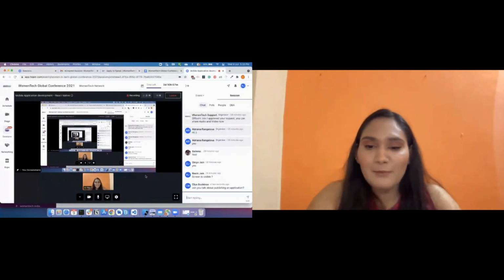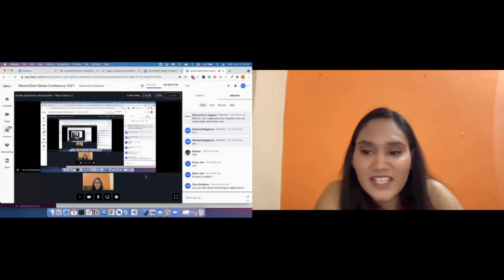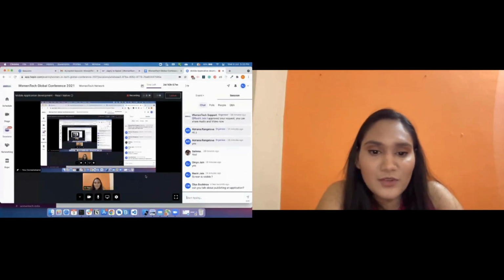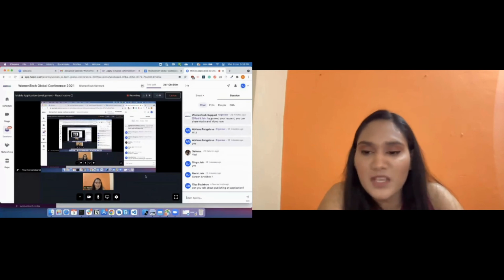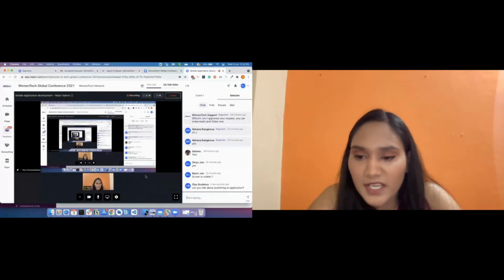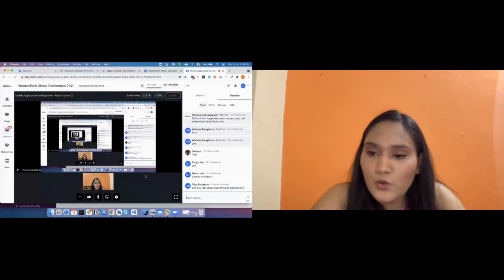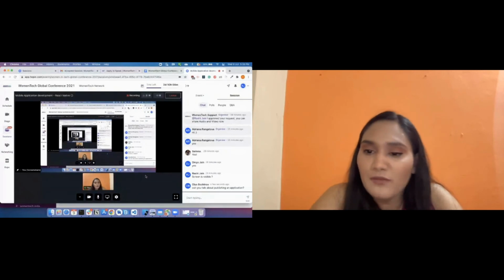Yes, publishing an application. For publishing an application in React Native, you have to publish in two different formats. For Android, you have to create a production build, and there are some separate commands which you need, and it will create a separate APK file for you. Then you have to go to the Play Store and upload that APK over there. And if you want to publish the iOS application, you have to do it separately.